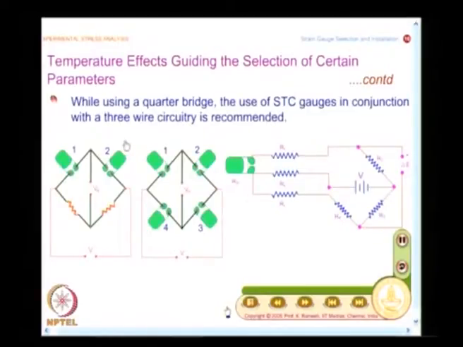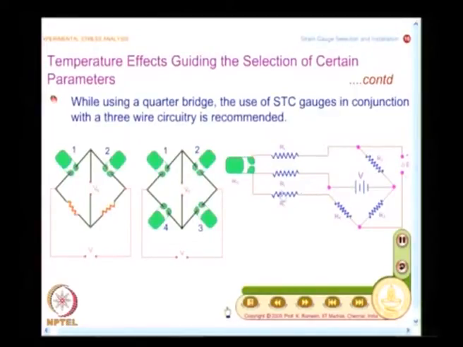If you are able to use a half bridge, it is good. If able to use a full bridge, it is well and good from a transducer application point of view. For strain measurement, you will be able to do this only for certain select applications, but the most general arrangement you may come across is only a quarter bridge. Instead of using a 2 wire circuit, use a 3 wire circuit. We have seen the benefits of this.